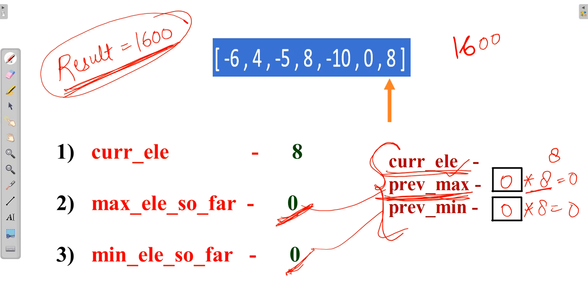Current element will be taken as three parameters for maximum element so far. Similarly for minimum element so far. And at last we will compare result with maximum element so far, whichever is maximum will be taken for the result. Let's write a program to have a clear understanding.